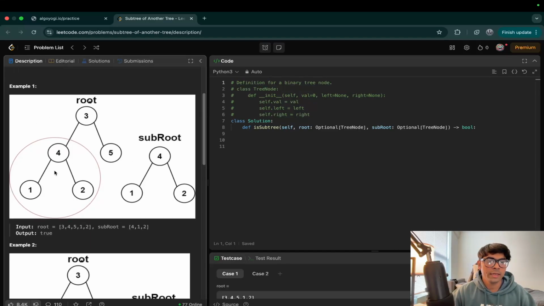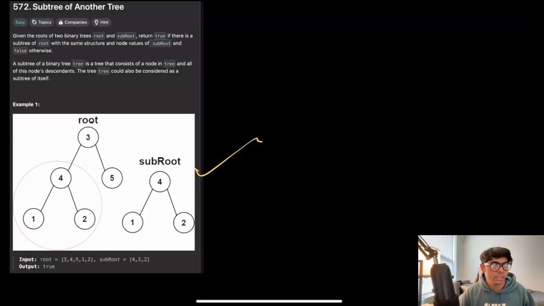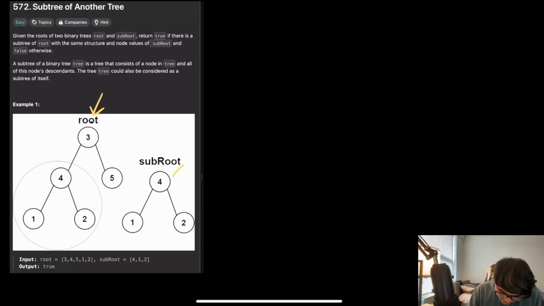By subroot being present in root, we mean the value of the root node of a subtree, and the entire structure of subroot, has to be equal to that particular subtree that we have found in our root. So if we are trying to understand how we are going to approach it, we iterate over our root, and whenever we come across a value that's equal to the root value of subroot,